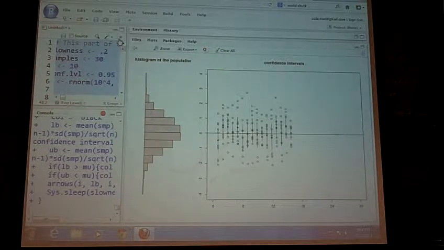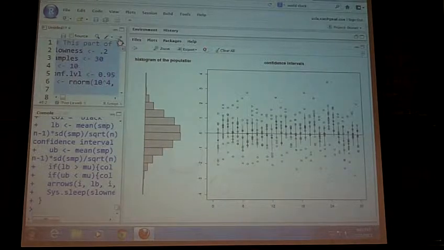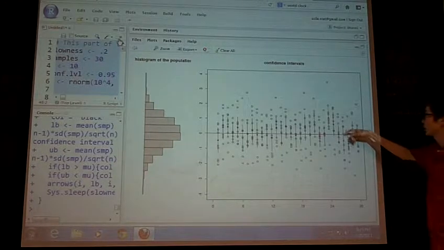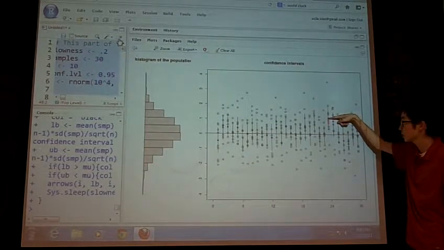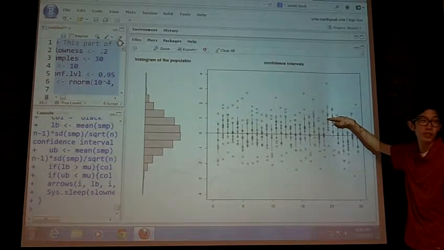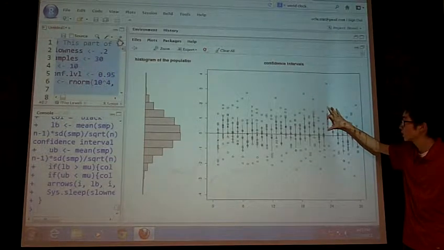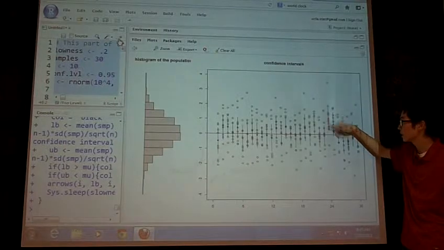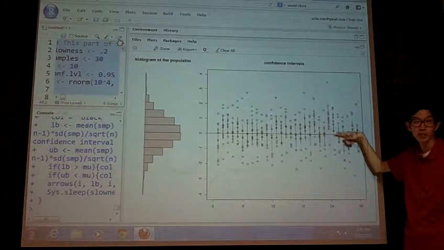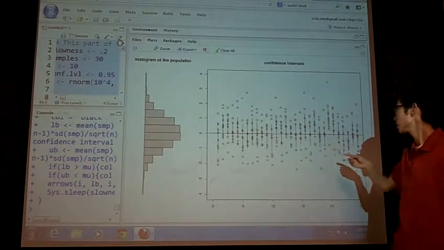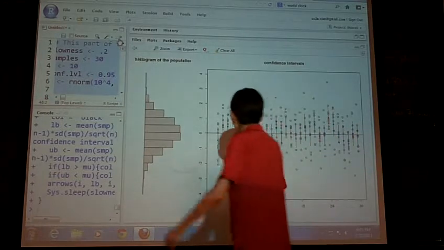I'm waiting for one to miss the population mean here. Okay, there's one. Okay. So here's one where, because of just the nature of random sampling, it happened to get a mean that was way out here, and even though it made a confidence interval, the confidence interval does not capture the population mean mu here. Okay, and again, when you are doing a study,